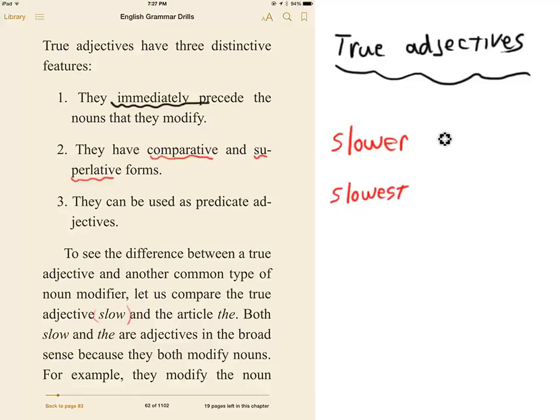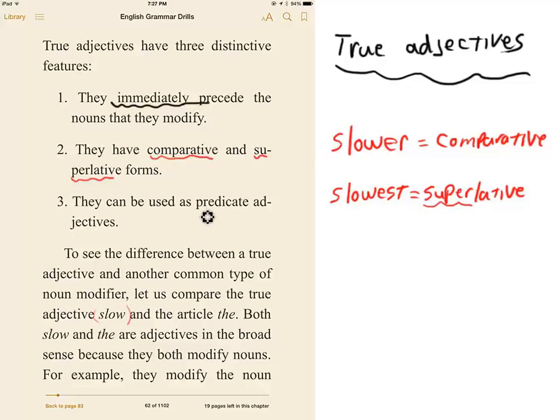Okay, so this equals, when you compare things, comparative. And superlative means that there's nothing that comes super, I guess you could look at it that way. It means that there's nothing that can come before that. So if something is the slowest, it's the slowest. Nothing can be slower. So that's the superlative.